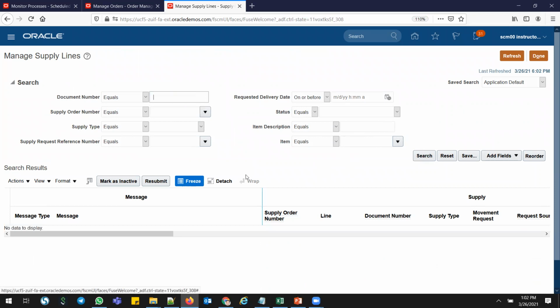I can give my item number. It's 22B, item 3.